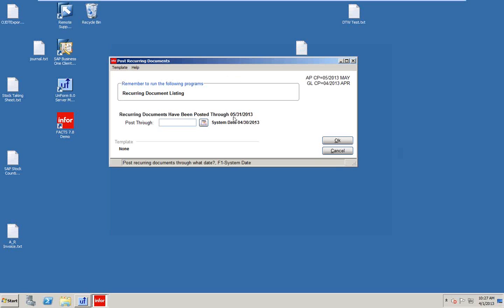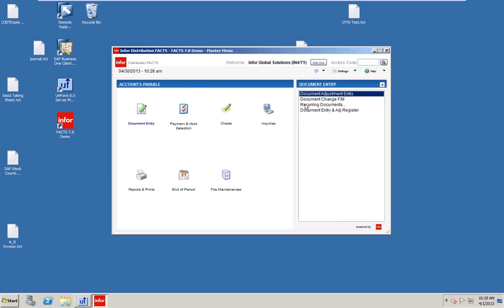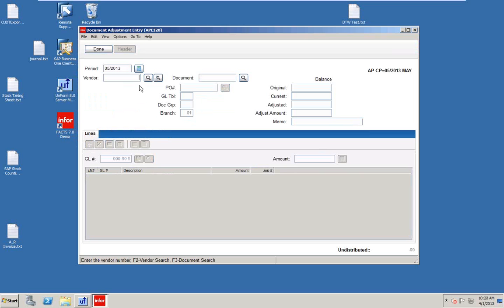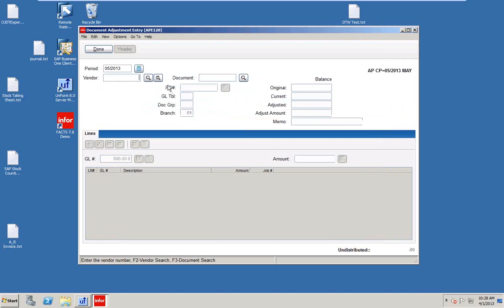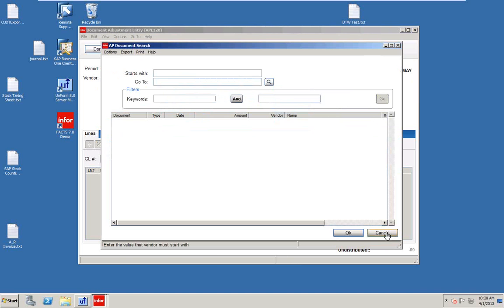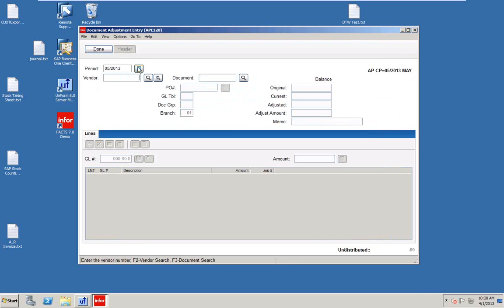what this is going to do is at time of posting, you can see it tells you it's been posted to that month. Then it'll actually create it here in the document entry. You would be able to come up here and see the information here. I don't know why it's not coming over though, but